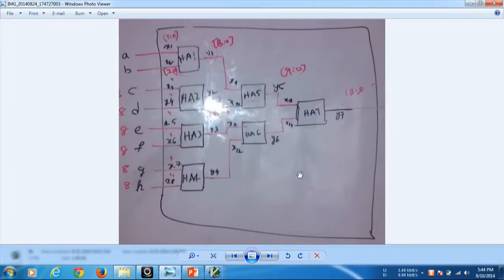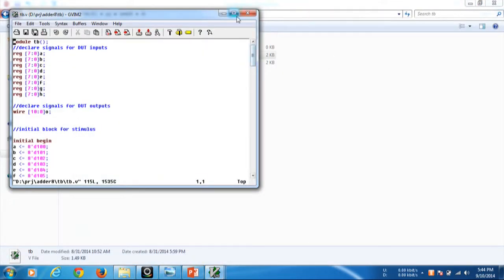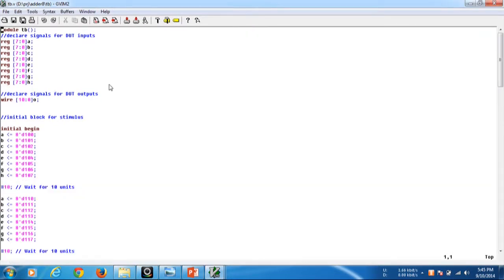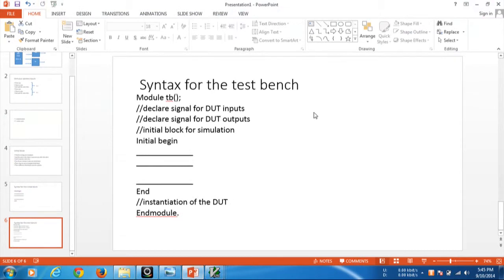So I have to write a test bench code for the case of the code which you have previously defined, and the figure of it is shown here. Let's move to the code of it and explain the step-by-step process of what it is. Please compare it with the syntax of the test bench which we have already discussed.